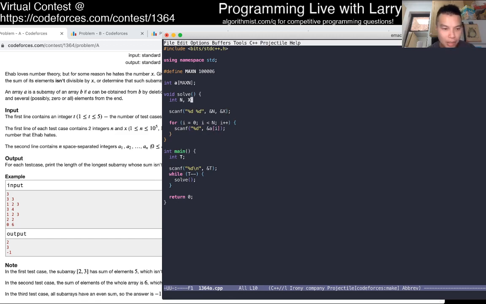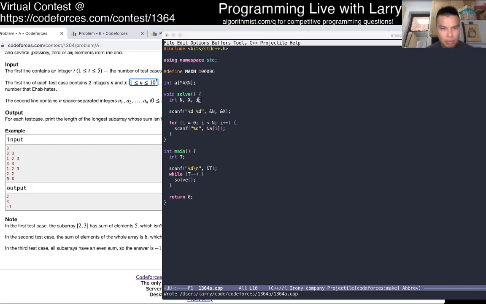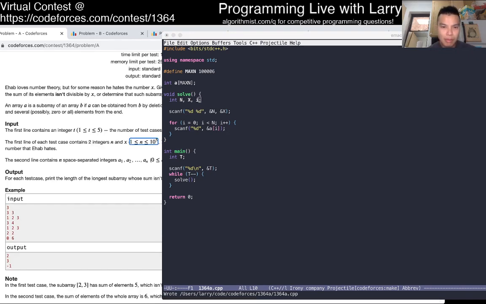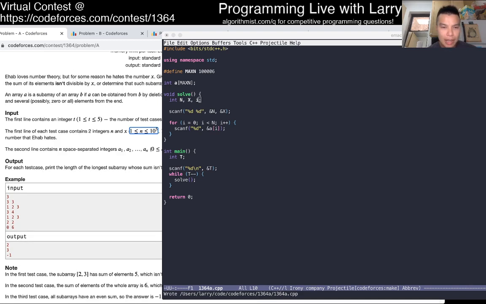Okay. So how do we get the longest sequence where it doesn't work? Given that n is less than 10 to the 5th, we probably want something linear or n log n. N squared isn't going to cut it.